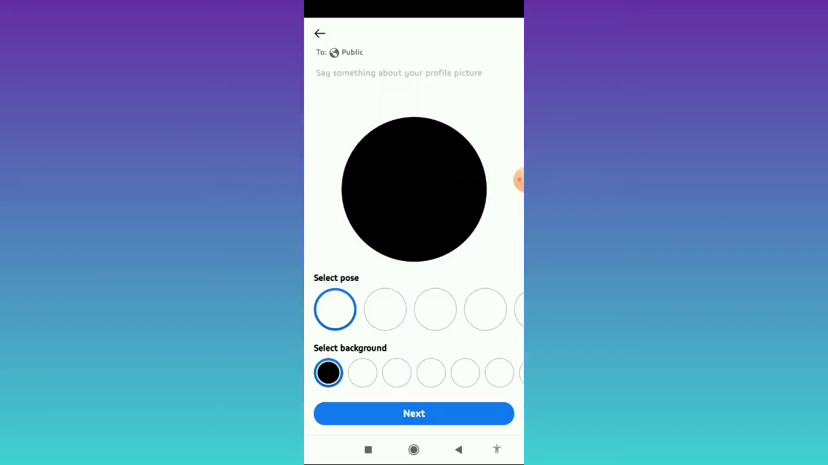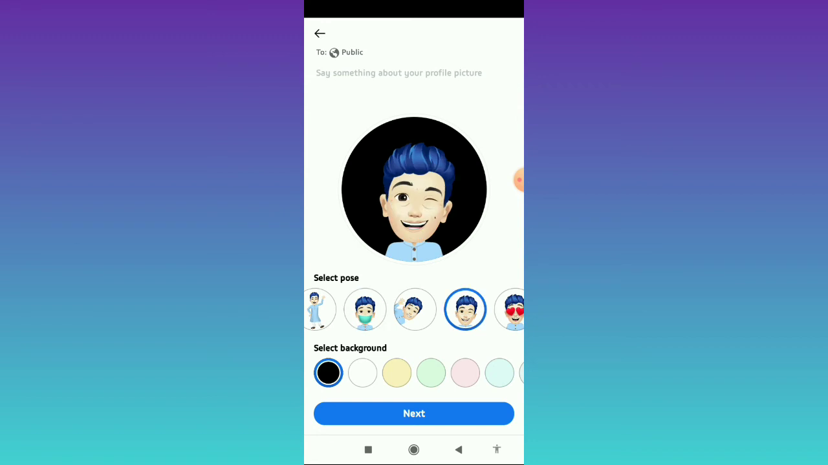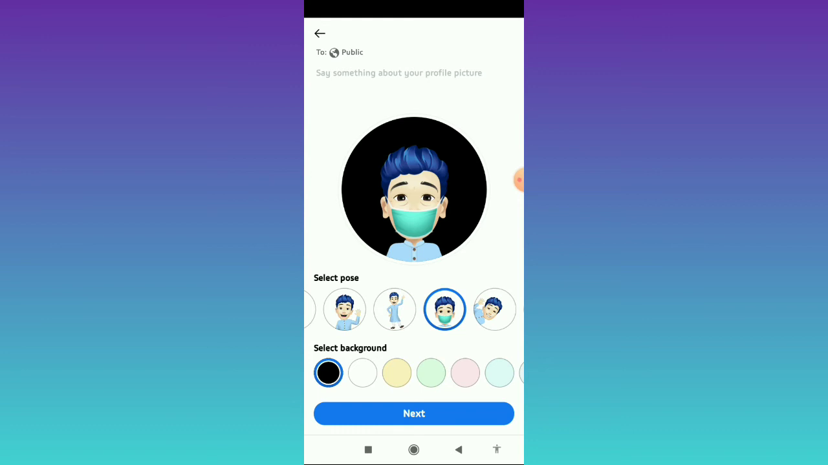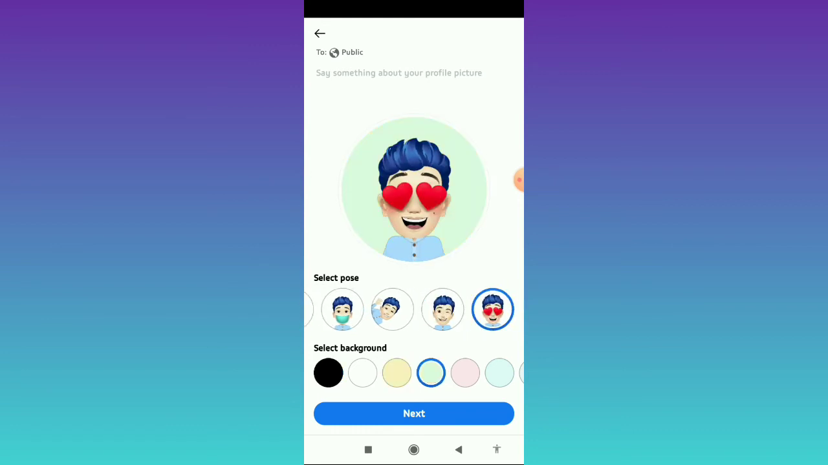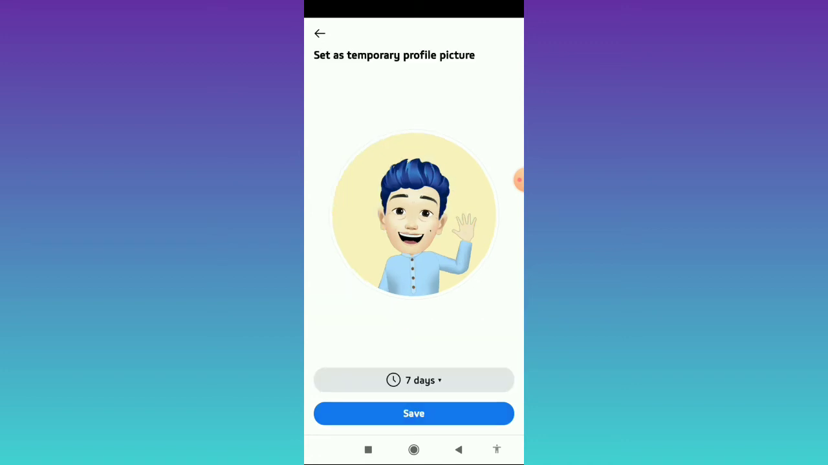your avatar. So here you have to select your pose. Let's see, you can select any of the poses in the circle, and you can also preview all these poses in the circle, and you can also select the background. At the very bottom you can see the background option, select a background, and after doing all these things you can choose the poses, and after that you can tap on the next button at the very bottom, and now you